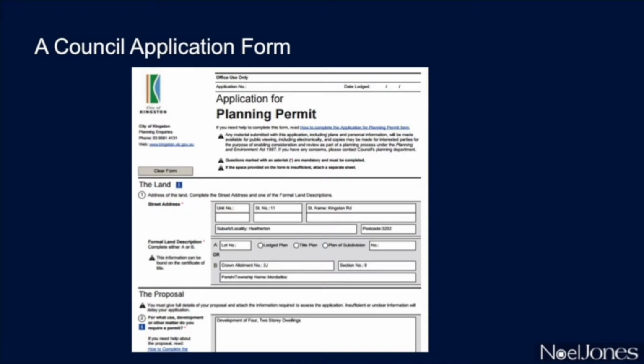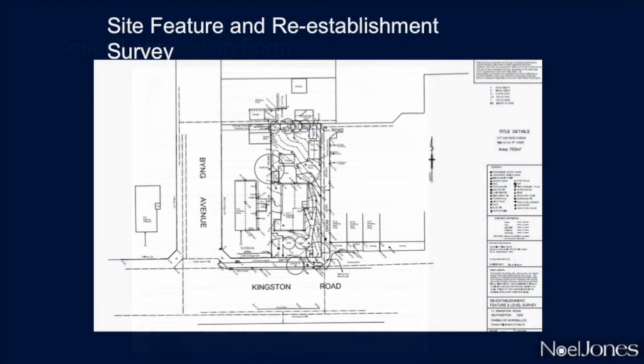Most application forms can be completed online, often by the owner or the representative. You should be aware that in most cases, planning officers at council only discuss the application with the person nominated as the applicant. Here we have an example of a site feature and re-establishment survey. Such plans will show levels, the location of buildings, the location of easements, and a long list of other permanent